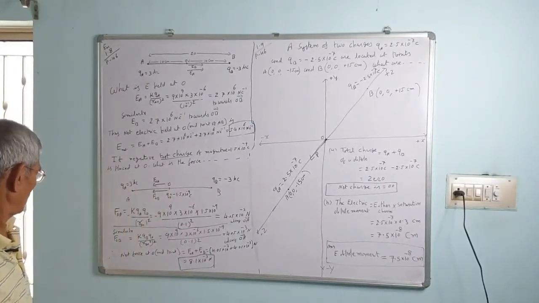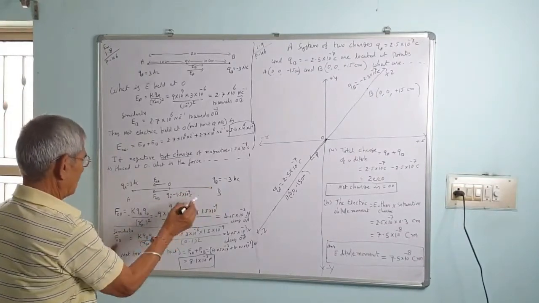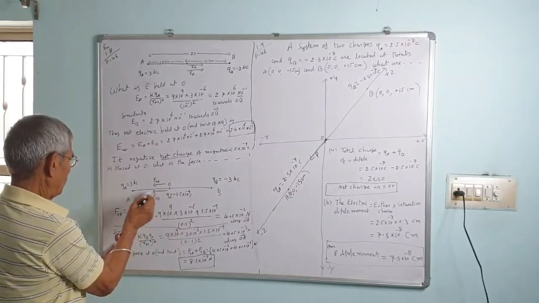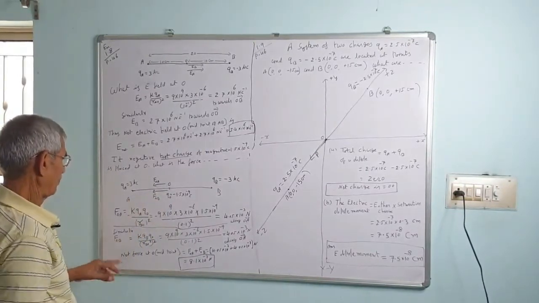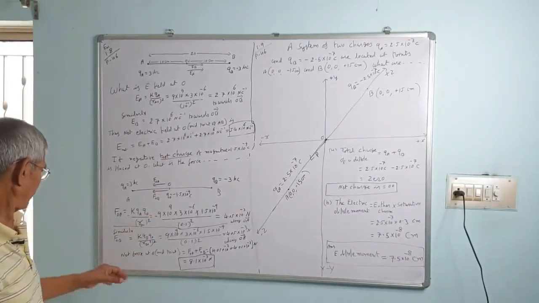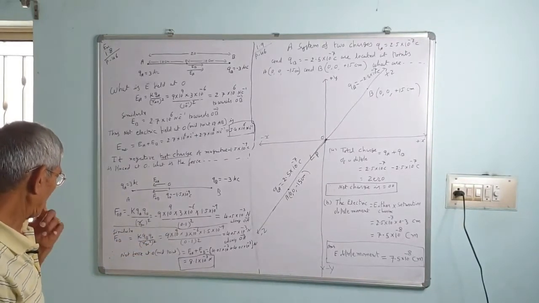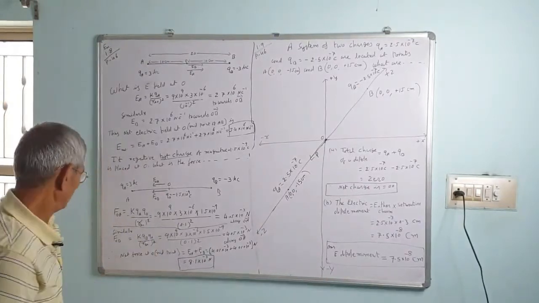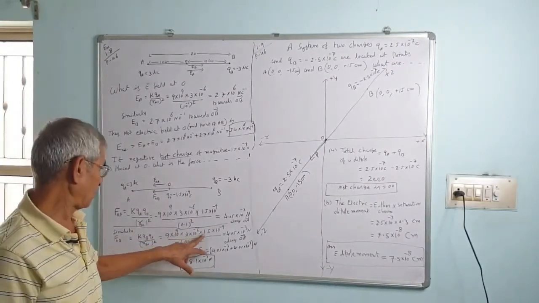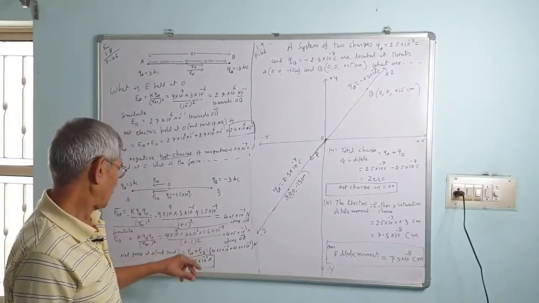This is the direction. Similarly, the force on Q naught due to QB. This is minus and this is minus, so it will repel. So the direction of this will also be towards OA. The direction of FOB will also be OA. So FOB is equal to K QB Q naught upon RBO square, that is equal to 9 into 10 raised to power 9 multiplied by 3 into 10 raised to power minus 6 multiplied by 1.5 into 10 raised to power minus 9 as before, upon 0.1 square.